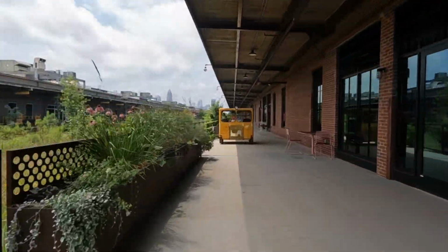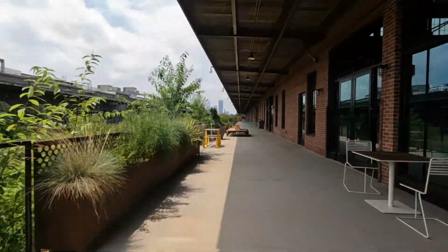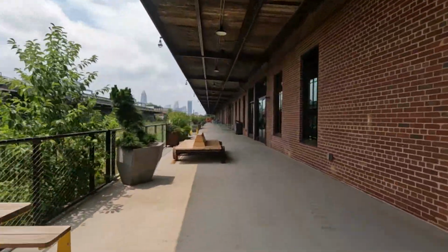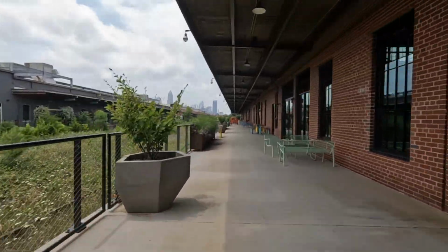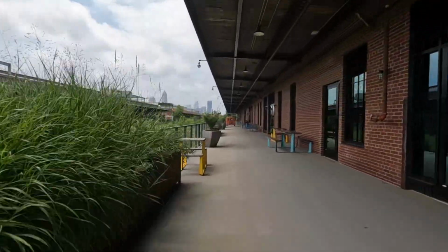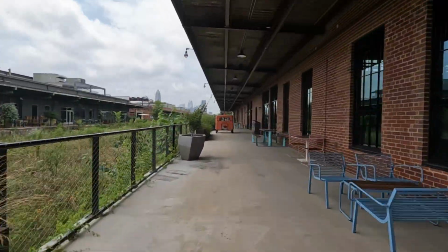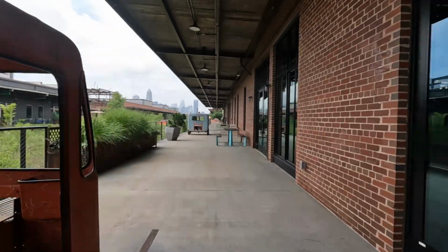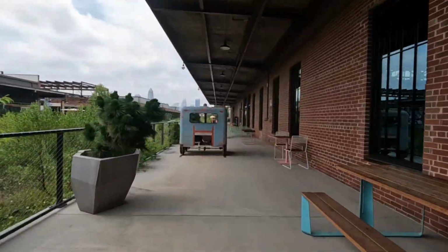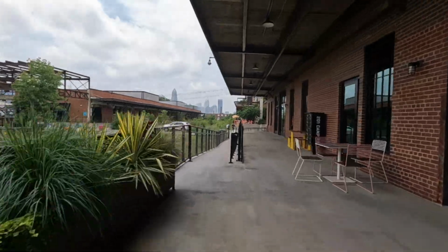I mean, look at that location. You can see the skyline in the distance, and it looks like you could just reach out and touch it. On the left, so now we're on, I'm assuming, a loading dock above the train tracks, which is probably a great place to either offload materials or load finished products. Now we're just using it for post-industrial purposes, which are a lot more fun to me. And we come down this ramp,